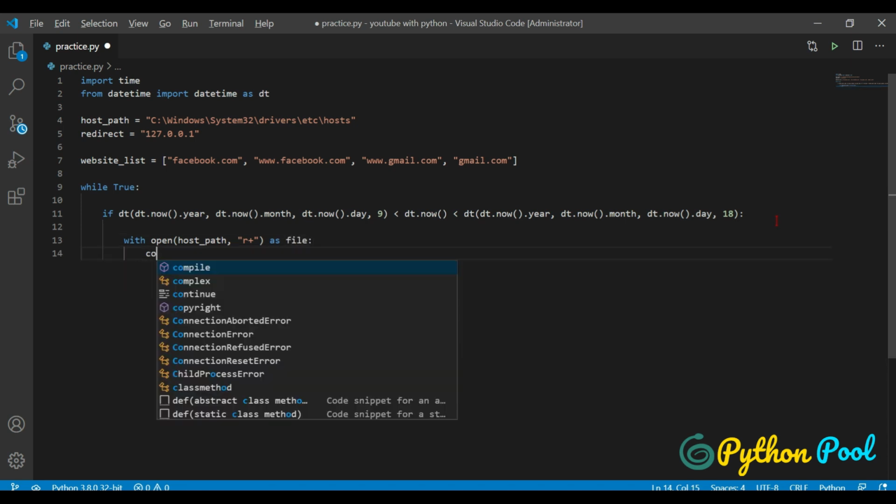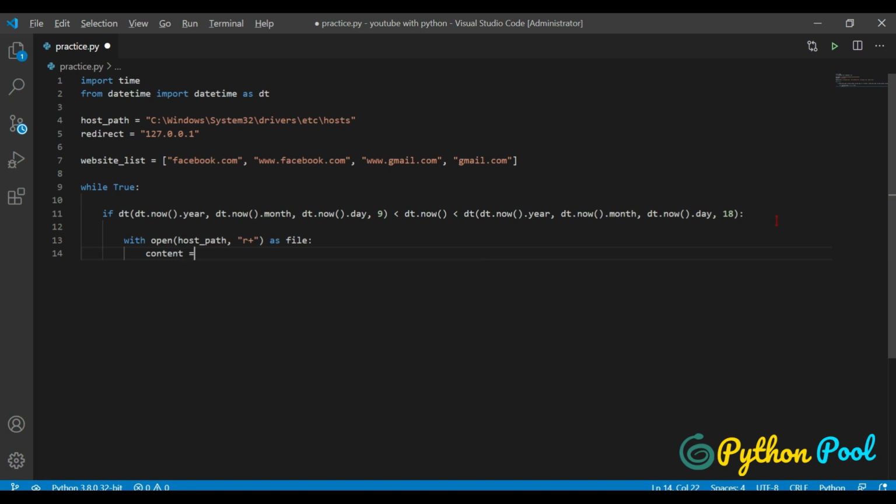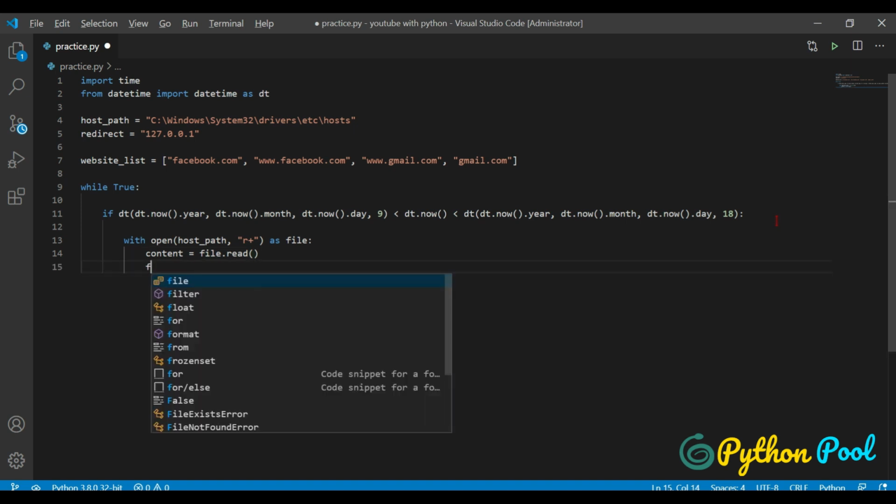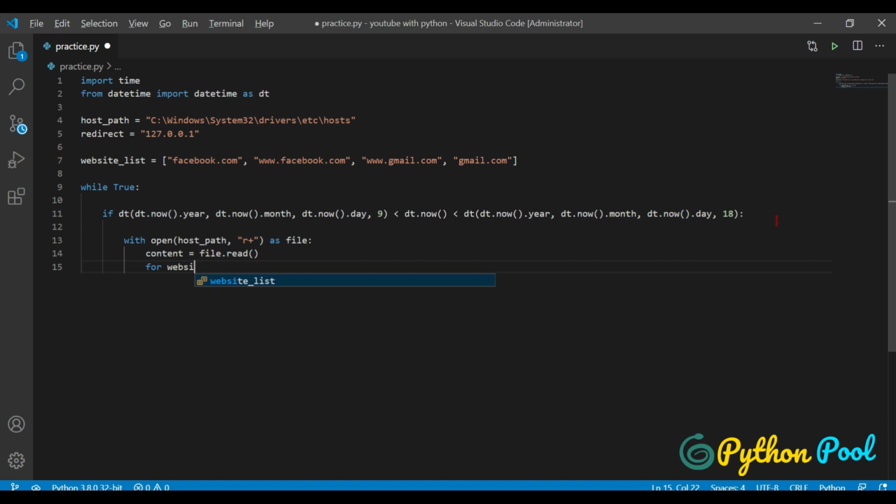After opening, we would create a variable content which will contain the content of that file. Content would have everything that is written in that host file, and we say file.read. Once you read, store it in content. And now we say for website in website list.